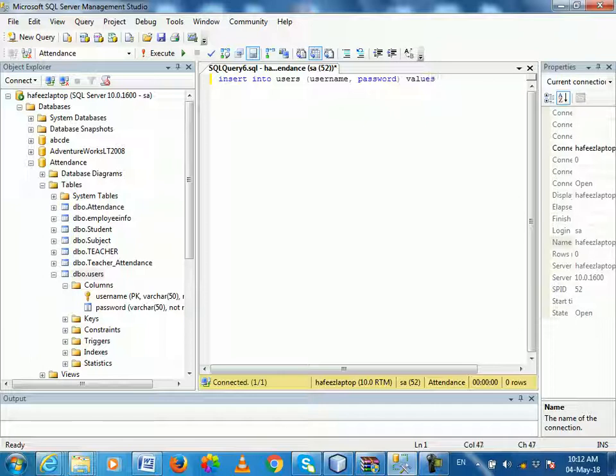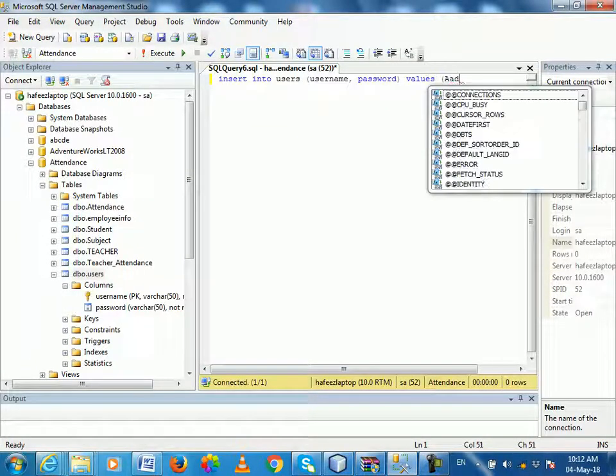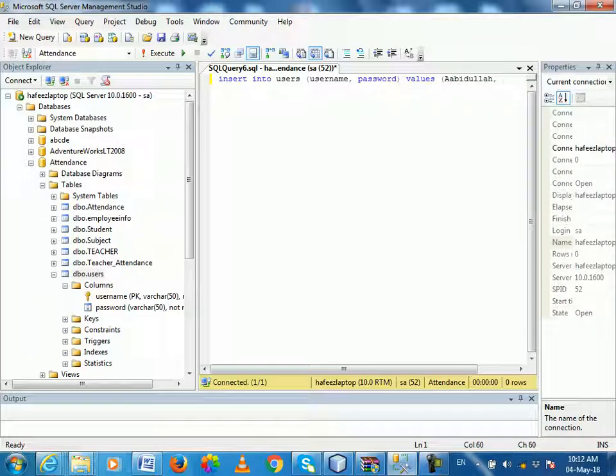For example, the value is Abedullah, comma, password, let's suppose 123. Abedullah is also text, varchar, so it must be included in single quotes. Varchar can be included by single quote. Let's execute the query. To execute the query you can select the query or you can